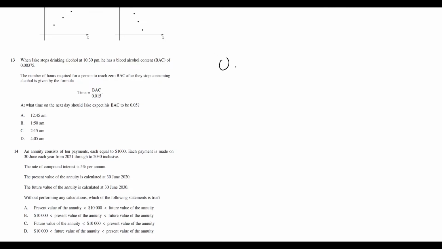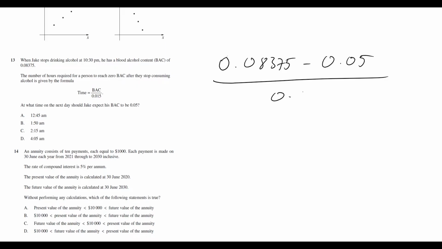So what we'll do is figure out the difference between those two blood alcohol contents. So 0.08375 minus 0.05. Okay, so that's the difference in blood alcohol content. That's the amount of blood alcohol content that we want him to decrease by. And we know that 0.015 will go into that BAC difference for so many hours. And when we put that into our calculator, we get an answer of about 2.25. So it will take 2.25 hours for his blood alcohol content to decrease